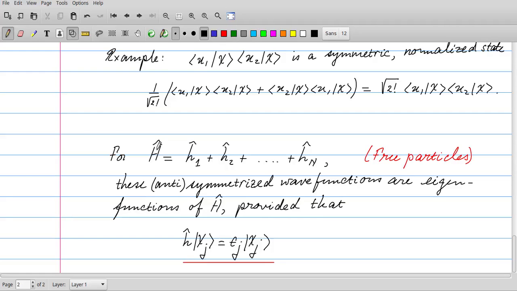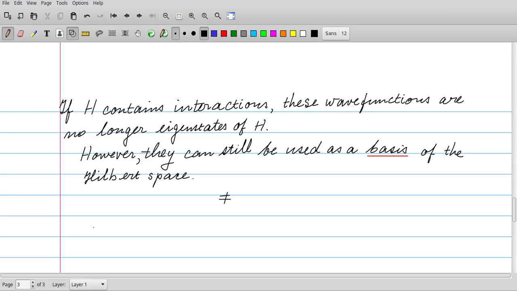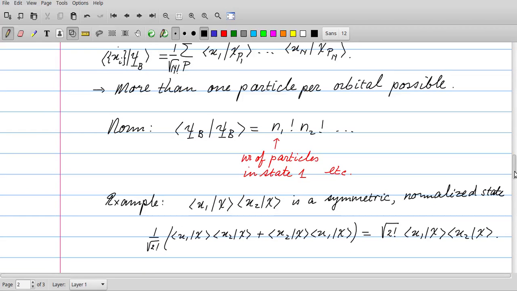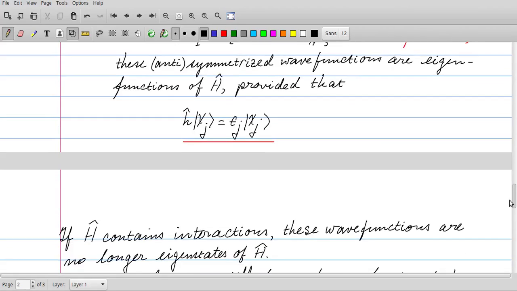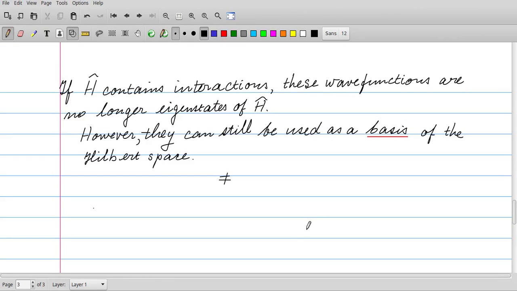Now generally we are interested also in interacting particles, and so you may ask yourself, what's then the use of these chi orbitals? Well, if the Hamiltonian contains interactions, then obviously these wave functions are no longer eigenstates of that Hamiltonian. And the problem of a Hamiltonian with interactions is tremendously complicated, but often people use basis sets which have the form like this, just as a basis in the Hilbert space, because the many particle Hilbert space is the same for non-interacting and interacting particles. And so these wave functions we have just studied, they are used very frequently to express the physics